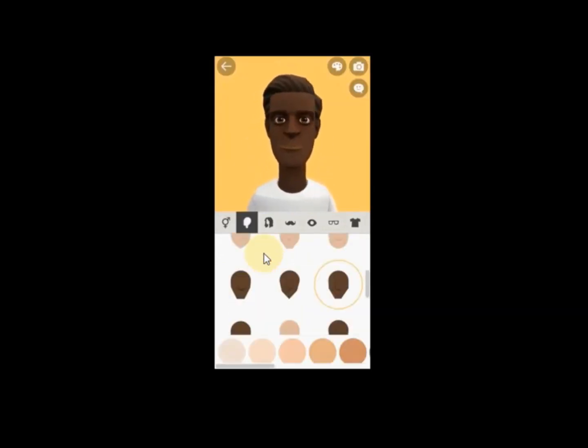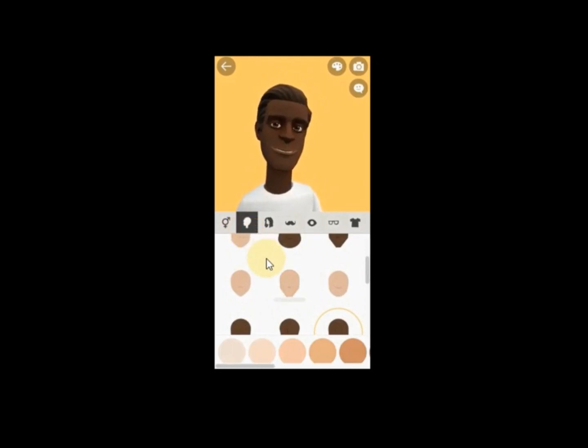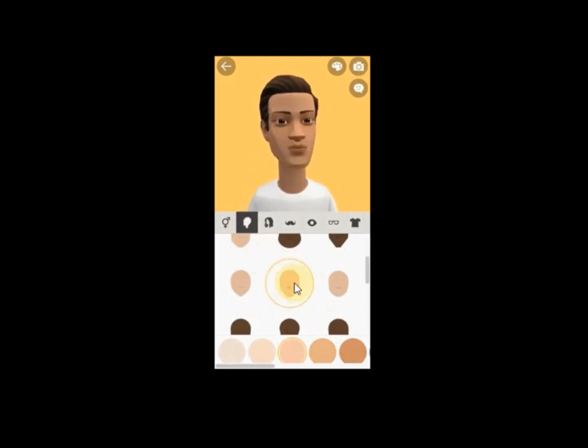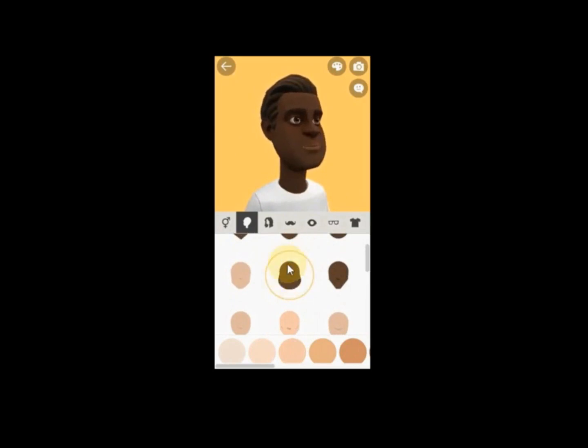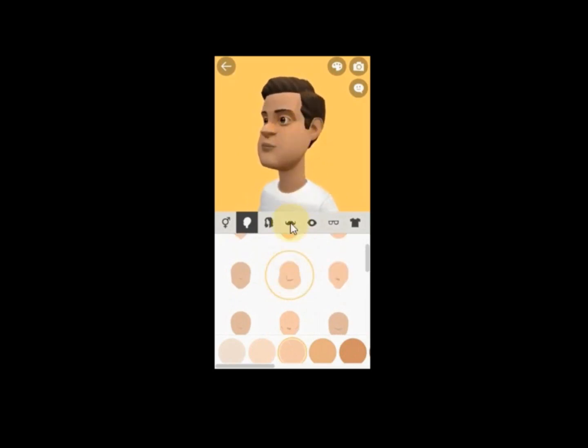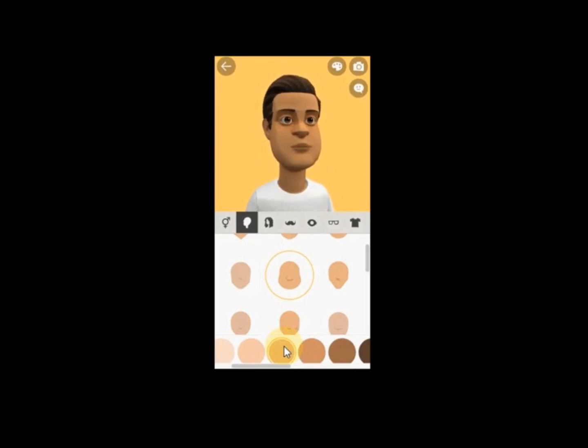This is the male. You click on the face. What kind of face do you want? You select this that's loaded, so you can see the preview of the face here. Any face you want, if you choose this, you see the preview. So what color of face? You come here, if you click red, it shows red. Anyone you click, it indicates. If you click this one, it changes. Okay, so that is how you can modify the face of your character.